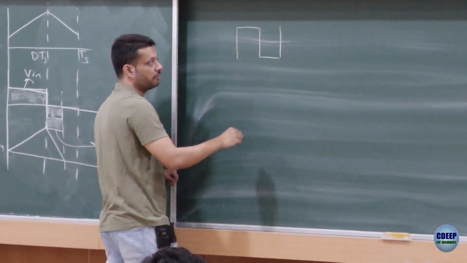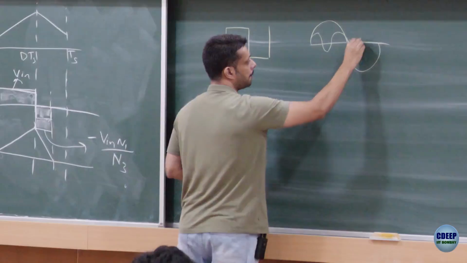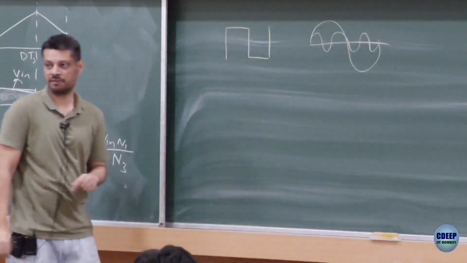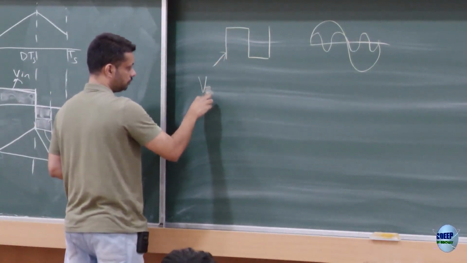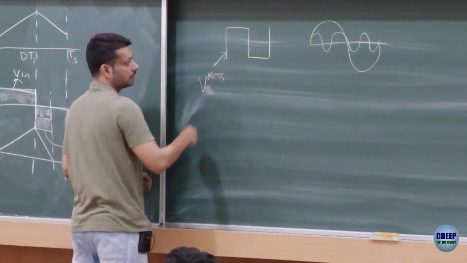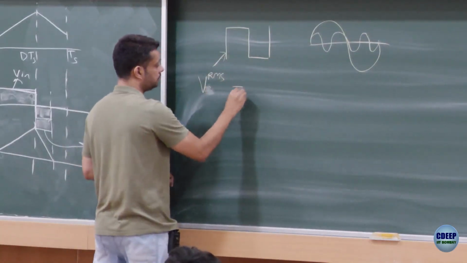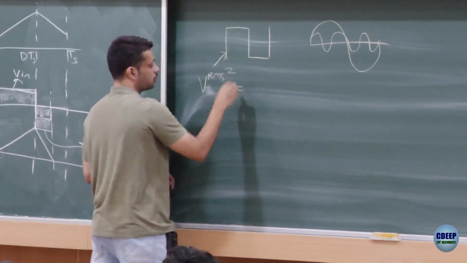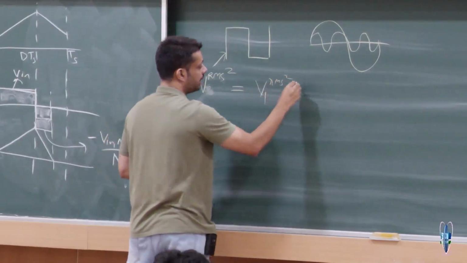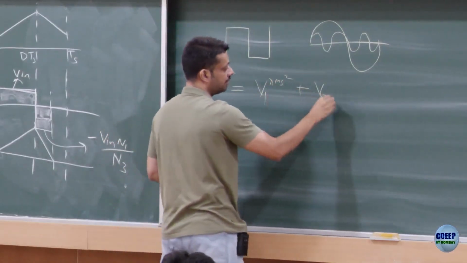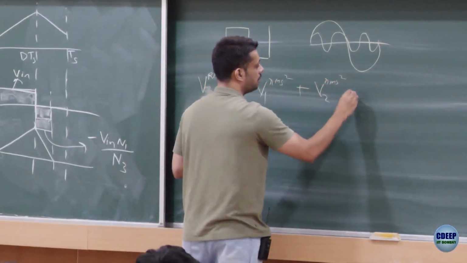So if you have this waveform, it's composed of, as we saw, sinusoidals of different frequencies, right? The RMS value of this is related to the RMS value of the individual components as Vrms squared equals fundamental component RMS squared plus the second harmonic component. There is no second harmonic here, but as a definition this is how the total looks like, plus the third